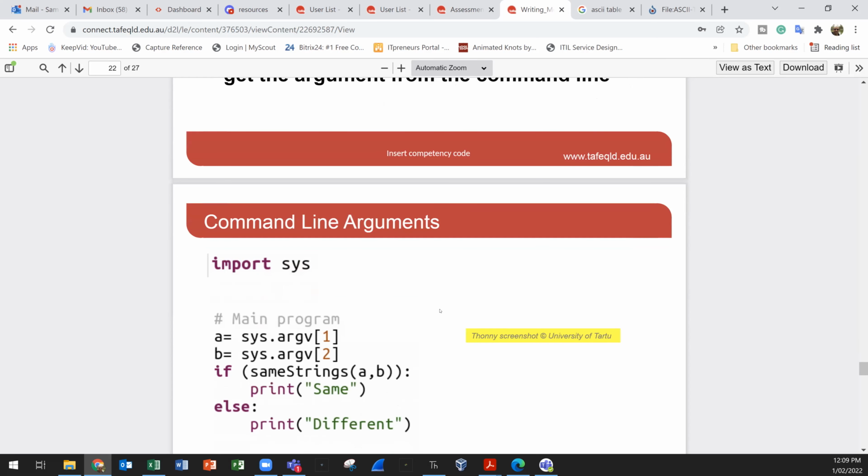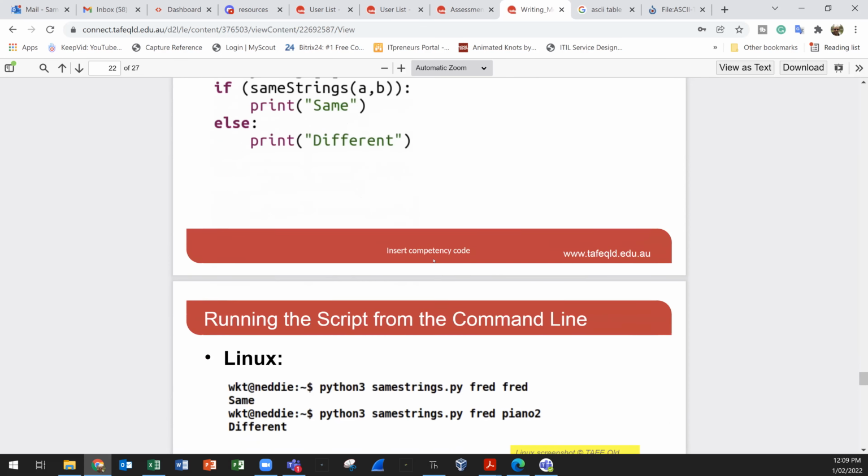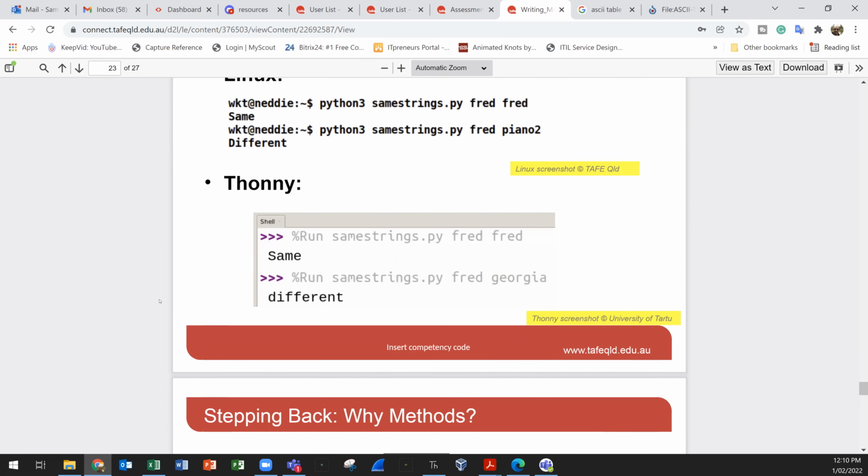So import sys, this is the main program. Then after importing this, we can run the command line arguments. In Linux, it will look like that. You will run same_strings